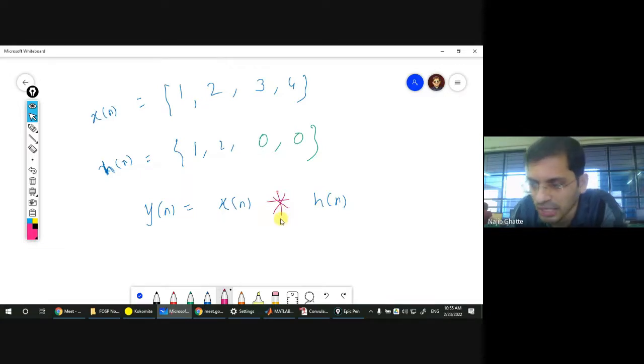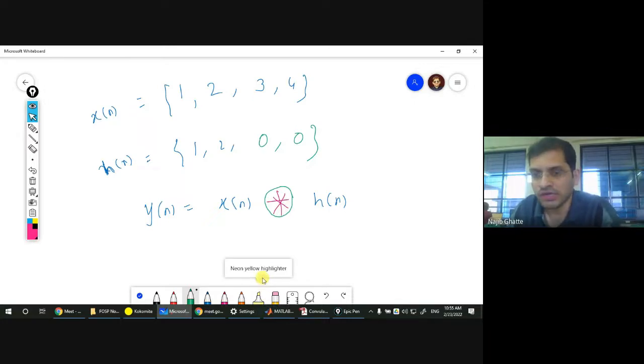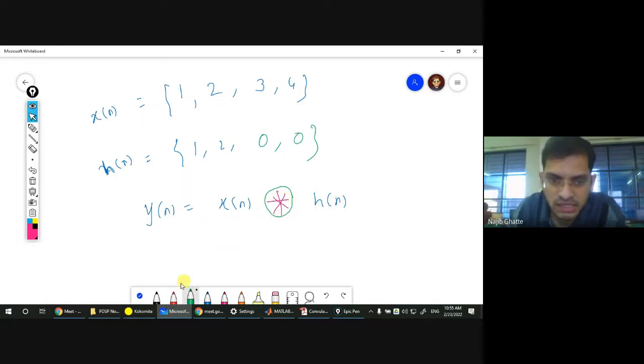Shifting has no sign, so the plus of addition and the sign of convolution come there, the star sign. So the addition sign, the multiplication sign has come. But sir, to do circular convolution, we have to make a circle, so I will show the sign of my circular convolution. So for circular convolution you have to make a circle around it and the star will be enclosed within the circle. Fine sir, understood? Yes.